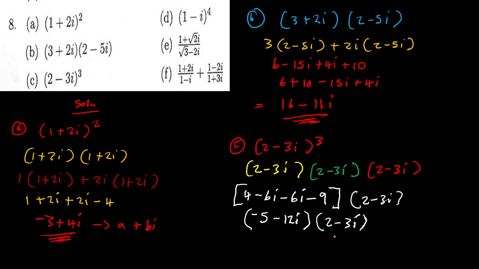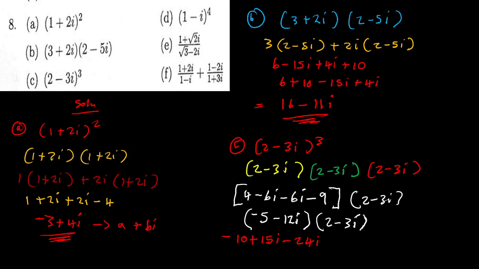Negative 5 times 2 is simply negative 10. And then negative 5 times negative 3i is going to give you positive 15i. And then negative 12i times the 2 is simply going to give you negative 24i. The negative 12 times negative 3i,